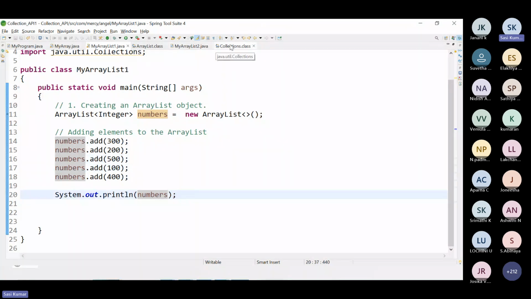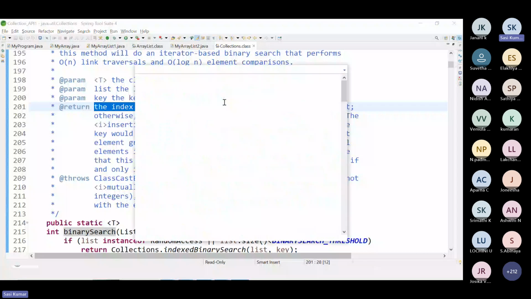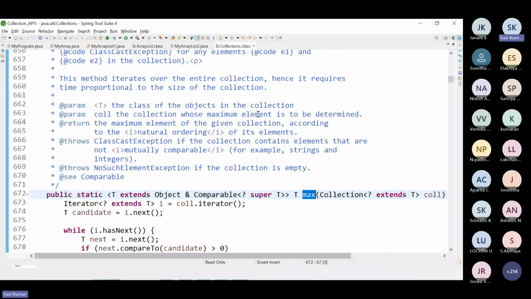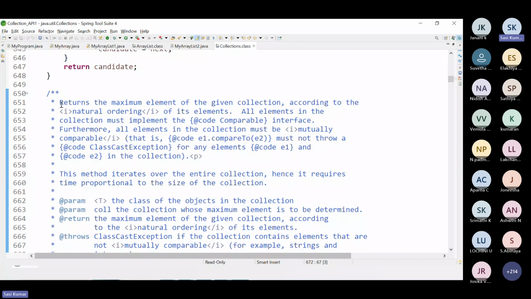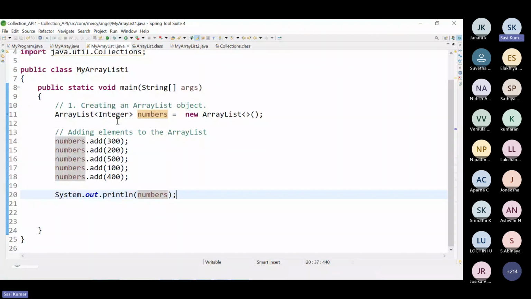Again, inside the Collections class, there is a method already defined. Let's go with the max method. You just call this method. What does this method do? It returns the maximum element of a given collection. It returns the highest, biggest value. How can I print?